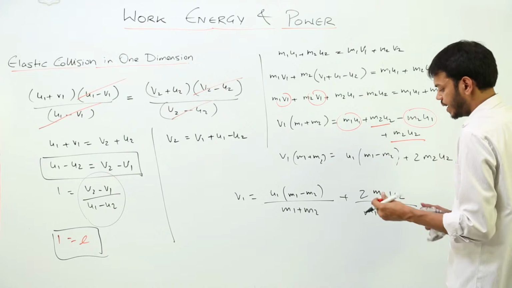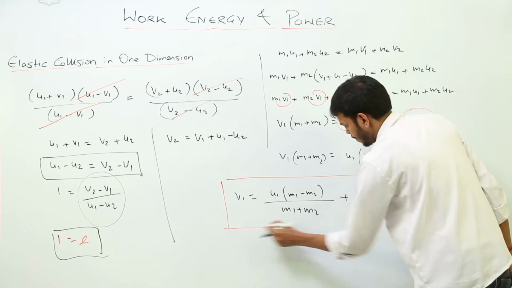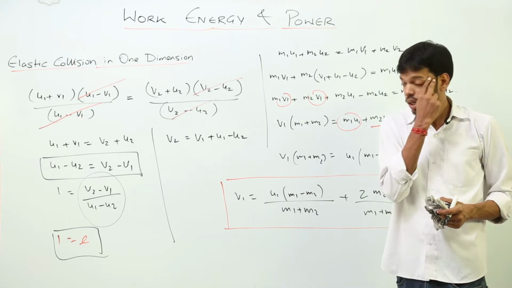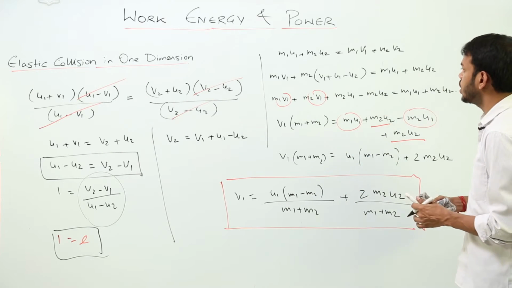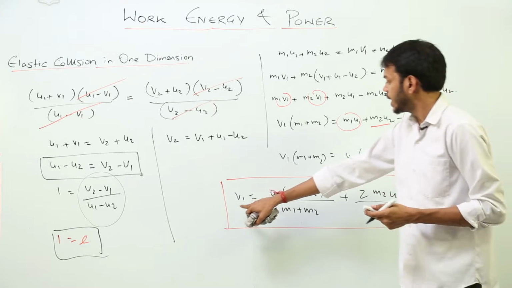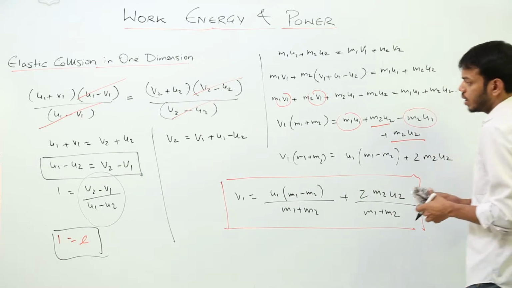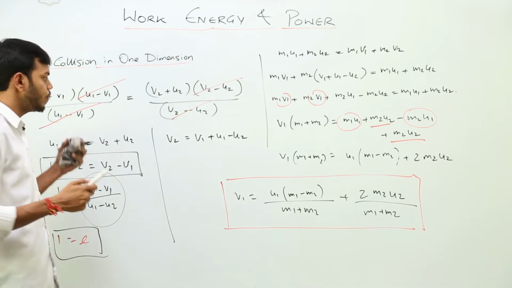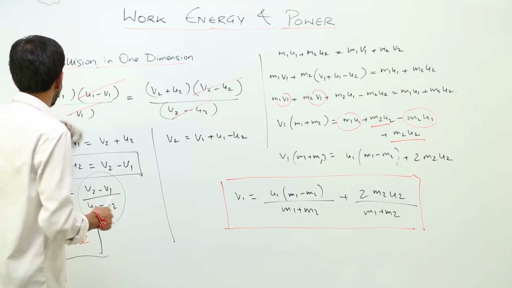So this is the final answer for the value of the final velocity attained by body 1, that is the value of v1. If we want the value of v2, what we are going to do is put this value of v1 in any of the equations. Let's say this equation, and we'll get directly the value of v2. We are putting the value of v1, so we are going to get the value of v2. Let's try it out. Anywhere throughout the video, if you want to write anything which you have missed, because I am erasing a lot of stuff, you can just pause the video or go back again to watch it